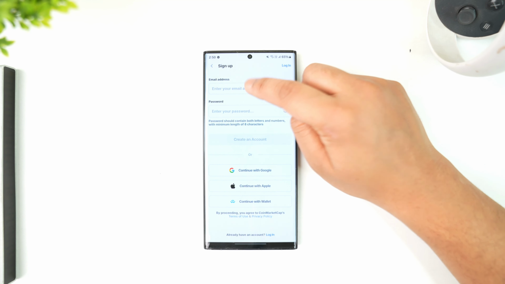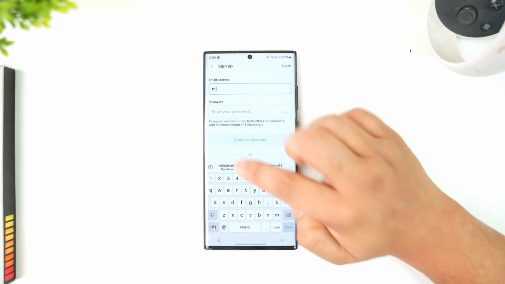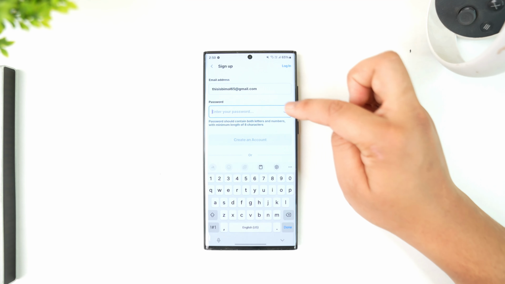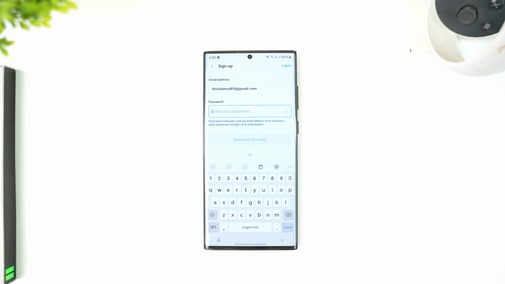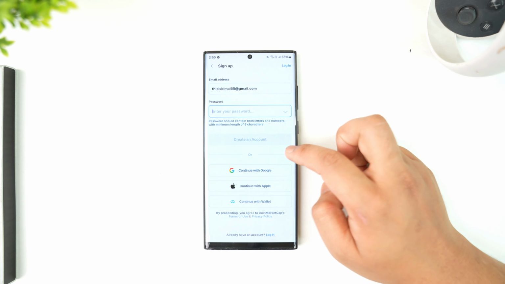So you can go ahead and type in the email address that you wish to use for your CoinMarketCap account, enter your password, then tap on the create an account button right over here to be able to create your CoinMarketCap account. That's all it takes for us to create our CoinMarketCap account,